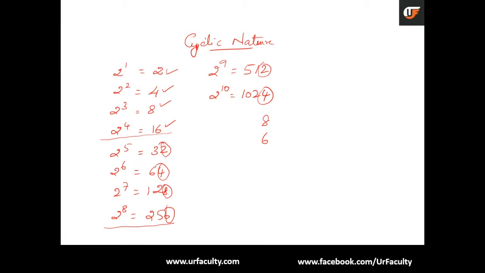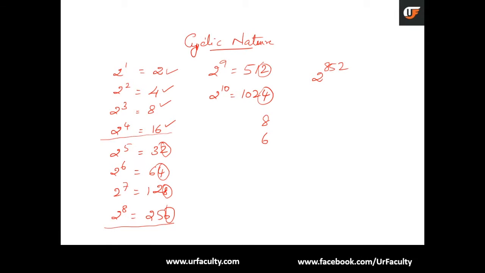So what you notice here is that most of the numbers follow a pattern, especially when they come to their powers. And it keeps repeating after a certain set of numbers. You can apply this concept in some of the problems that come up in CAT, where they ask questions like: find the units digit of the expression 2 power 852. Please don't panic when such a question comes up. This question can be solved in just 2 minutes. So how do you solve it? Let's apply this concept of cyclic nature of numbers here.